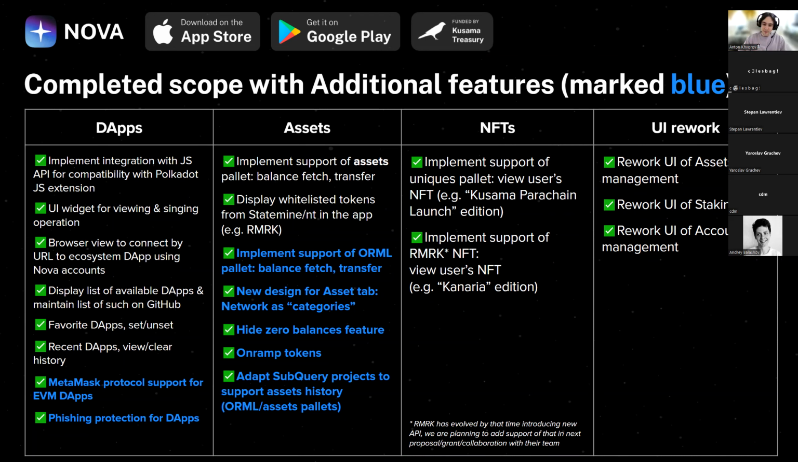So ORML palette is another standard in the ecosystem for how you manage multi-asset aspect in your network, right? And if you look closely at the ecosystem, you will notice that assets palette and the ORML palette are kind of a 50-50 choice between the ecosystem teams. ORML palette is something that Acala and Karura teams are using, Kintsugi and Interlay teams are using, and that's just something that we cannot